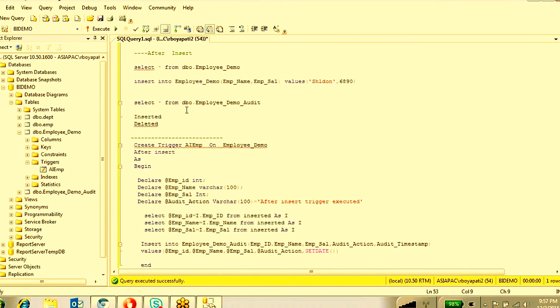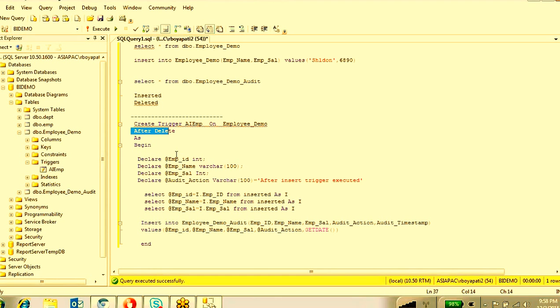For example, if I want to delete some records from this employee_demo table, the trigger type is delete. After you delete any record from the table, I want to audit and track it, so I insert whatever record you deleted from this table into the audit table.